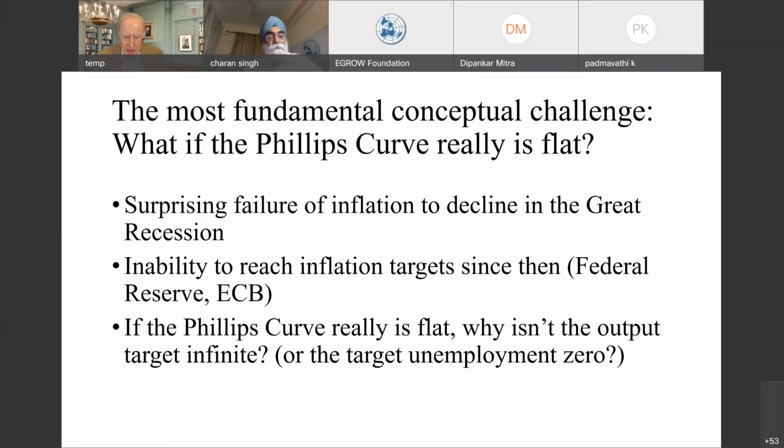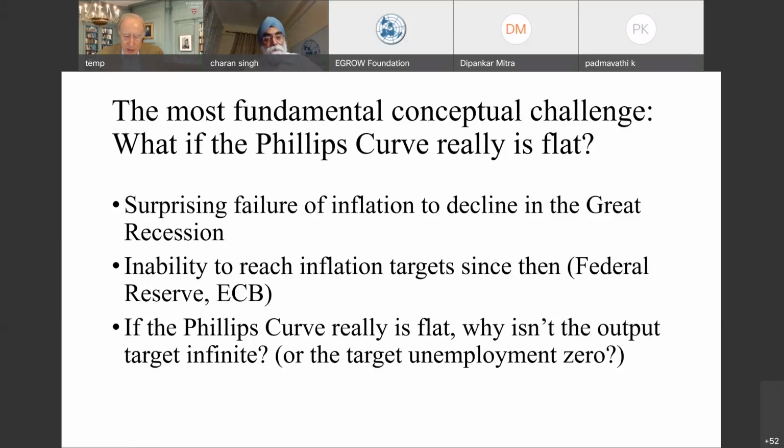Or to state it in terms of the labor market, why shouldn't the central bank be pushing the unemployment rate to zero? And who knows, maybe this is a logical way to think about the issue that I mentioned before, in which the Federal Reserve is now thinking about taking into account racial and other social issues in the US